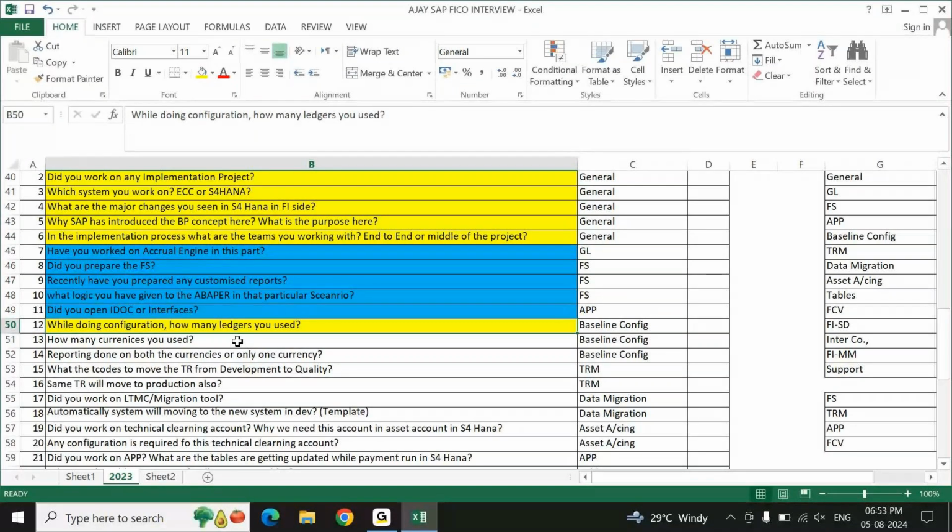When you mention that yes, they are using Indian accounting standard for the local reporting, and IFRS for their global reporting or for their consolidation, you need to mention which ledger you have mapped for which accounting principle. All these points you have to quote, only then your answer will hold weightage, otherwise it will not hold any